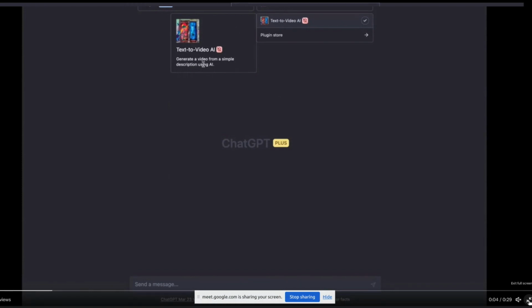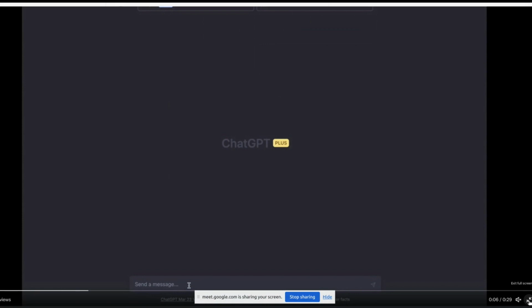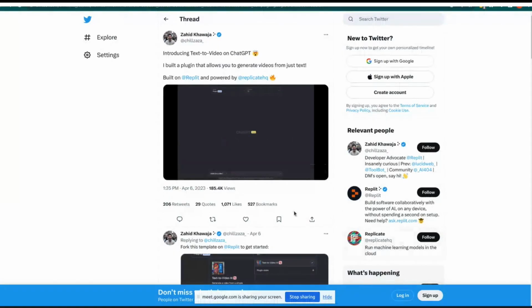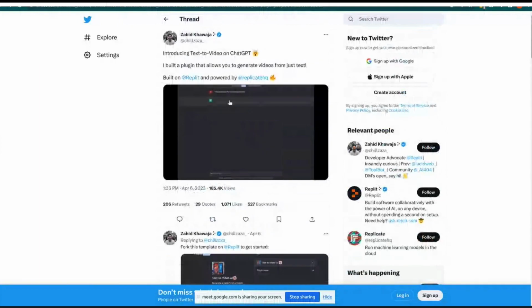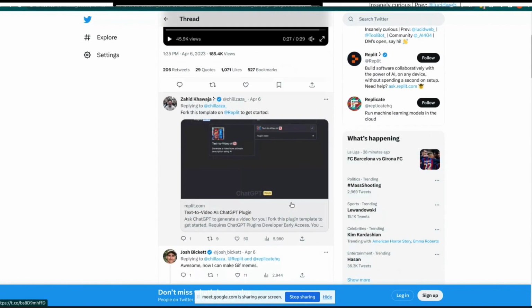Yeah, I'm also extremely curious how this is working under the hood. Basically, all we have is these couple tweets. This guy is a developer advocate at Replit, so he's just kind of pushing Replit. He's like, hey, we can host these things on Replit, getting a little bit of visibility there. But yeah, there's a fork available there. The next tweet says fork this template on Replit. That probably assumes you have access to developers.